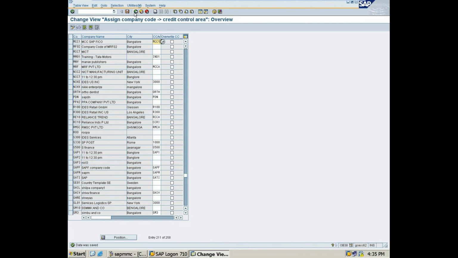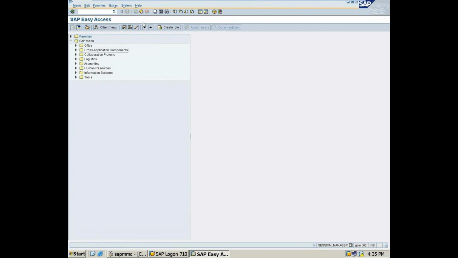Now, once we have completed the organizational unit, we need to go for global settings. The first global setting is fiscal year variant, that is nothing but financial year variant. Theoretically, I have explained. If you have any doubts, you can ask me. I'll do the practical now. The T code of this is OB29.